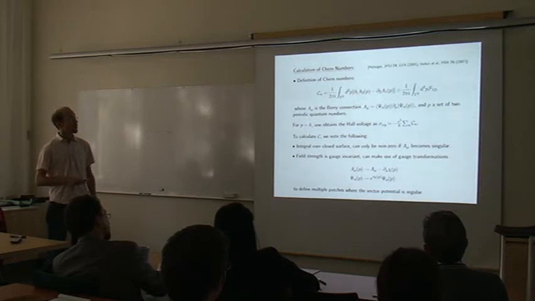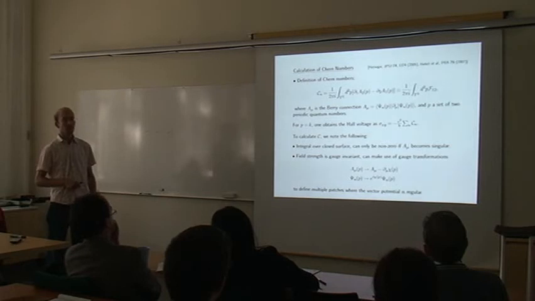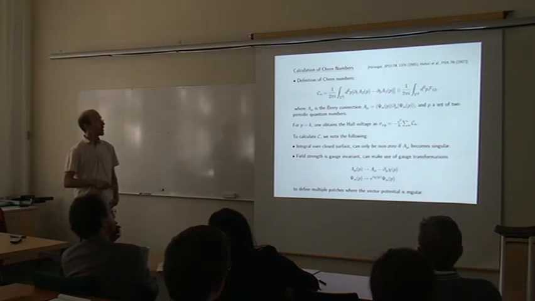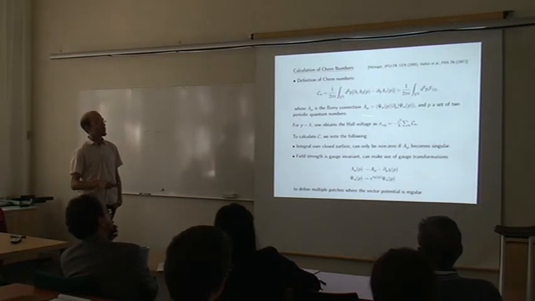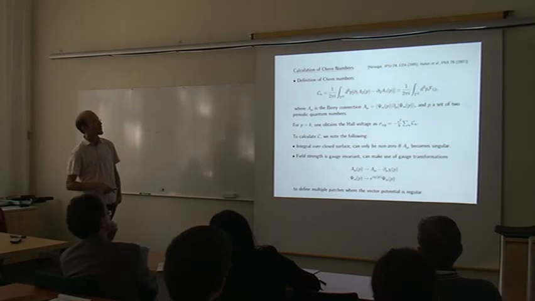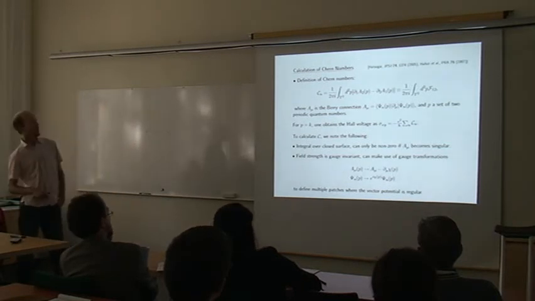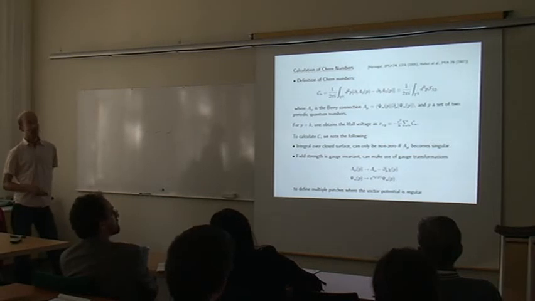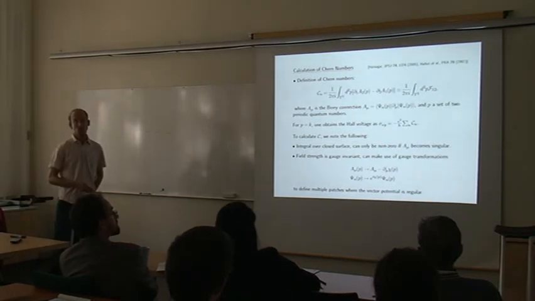Then the result of this flux, it's just a field. The field tensor gives you an integer quantized number. And so A nu, for example, can be the Berry connection in a subspace of the ground state subspace. And so for Hall states, the Chern number is related to the Hall voltage, and so we know that it